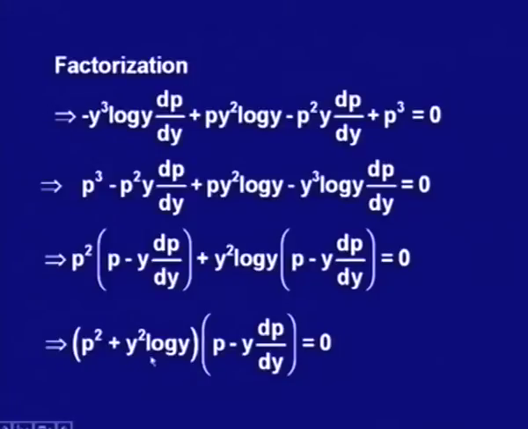If I equate these factors separately to 0, from here we would be getting one equation in p and y, while here we are getting one equation in p, y and dp over dy, that is the differential equation in p and y. Again as that this is going to give us a particular solution, this is going to give us general solution, and we are more interested in general solution rather than a singular solution. So, we will take the second equation. So, we are taking the second equation, p minus y dp over dy is equal to 0, which is a differential equation.